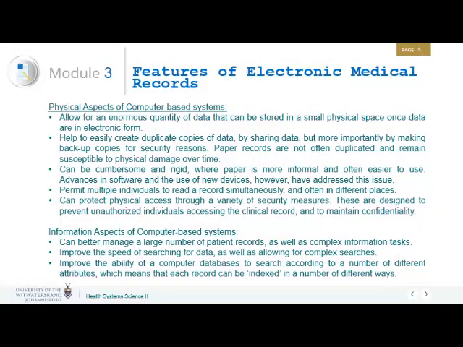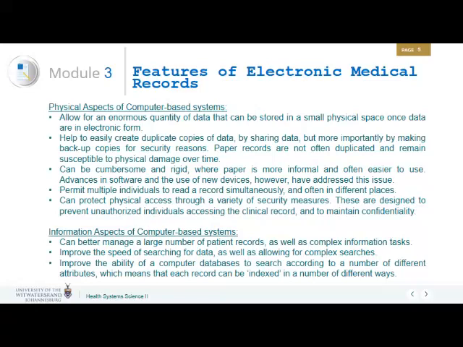Slide 5 looks at some of the physical as well as information aspects of computer-based systems. So as we've discussed already, a computer-based system allows for an enormous amount of data to be stored in a very small physical space. And this is, of course, very useful not only in terms of space allocation, but in terms of collating a large amount of data in one repository. It also helps